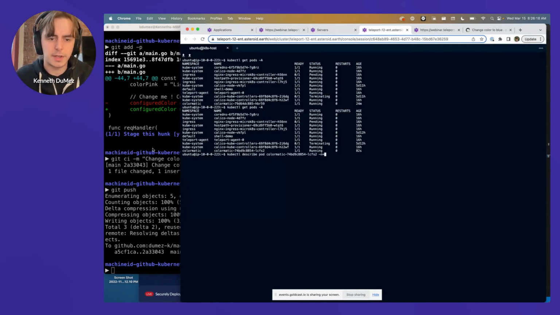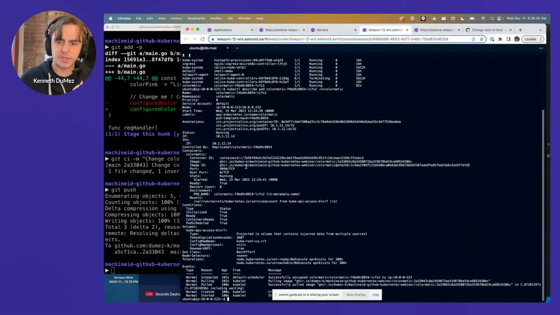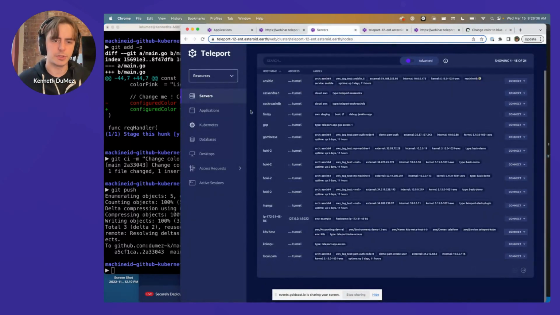And take a look a little bit at what's going on here. Yeah, so you can see our container image here. You can see that it's created very recently. And yeah, so that's kind of what it is. And so the last part I wanted to show you is that